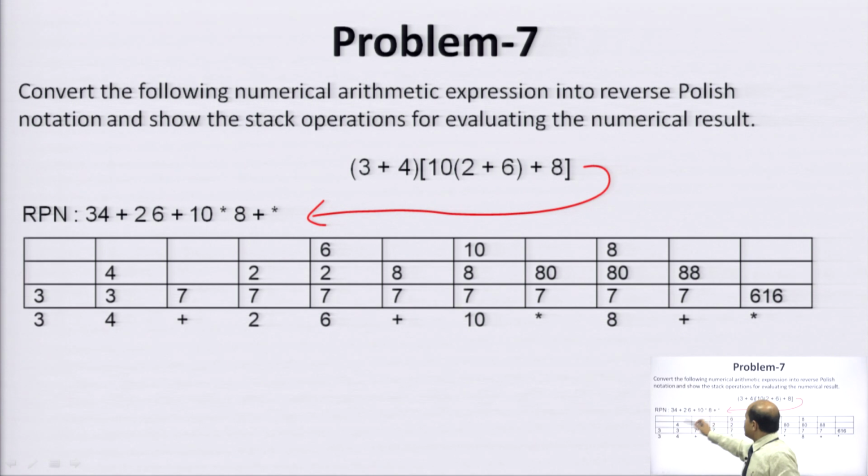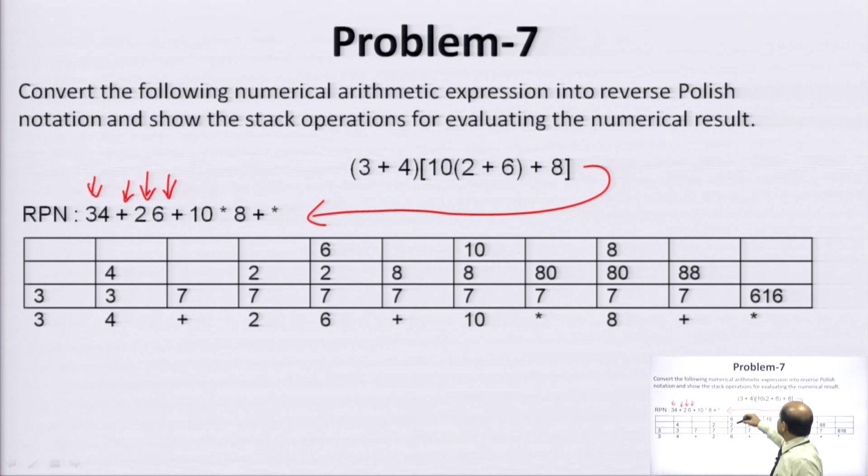Now, if you solve through stack organization, first the operands. The first value 3 is pushed, then the second value 4 is pushed at the top location. Then we have to perform the addition operation. In case of any operation, we have to pop the top two elements from the stack and do the operation, then the result is stored in the top location of the stack. So, 3 plus 4 is 7, which is pushed back, then the next operand 2 is pushed at the top location, then the next value 6 is pushed into the top location of the stack.